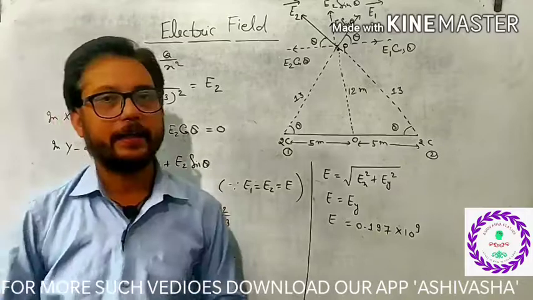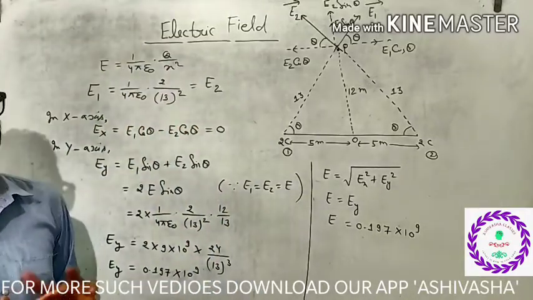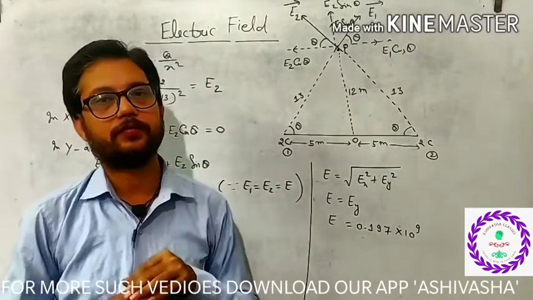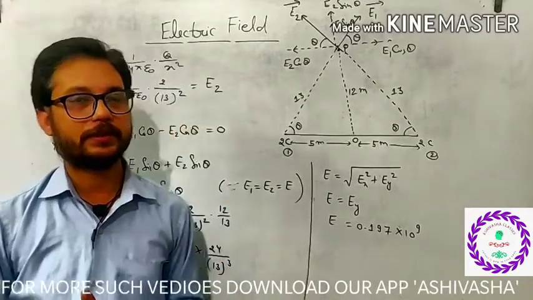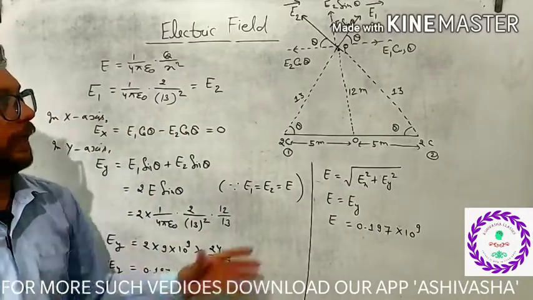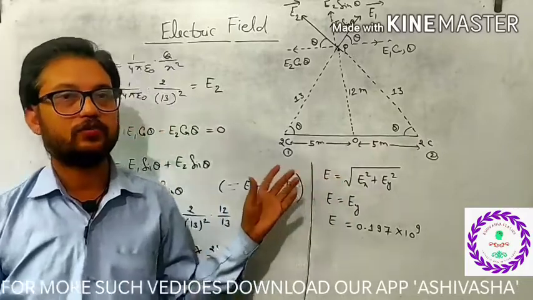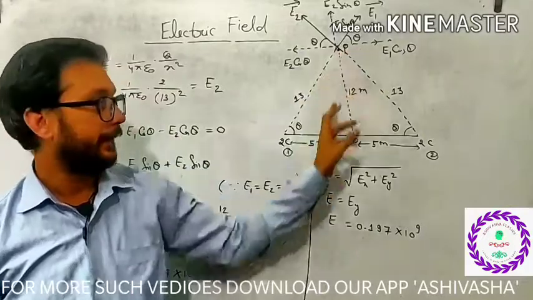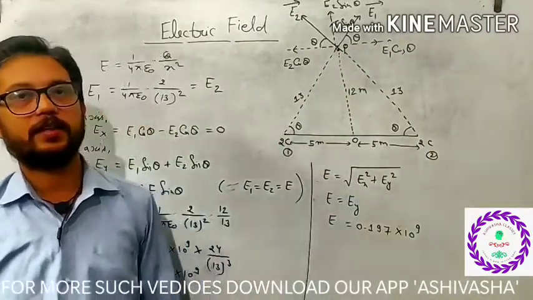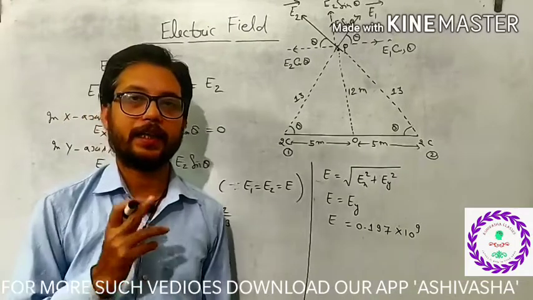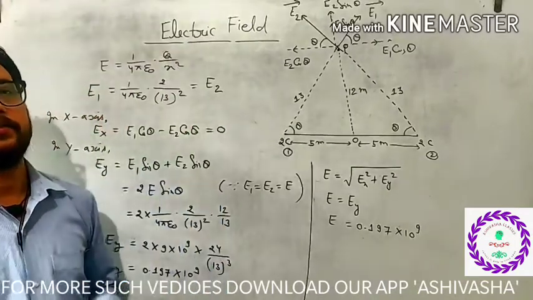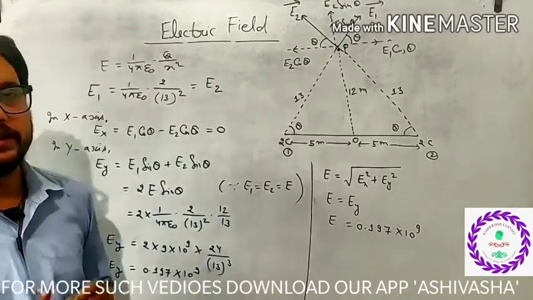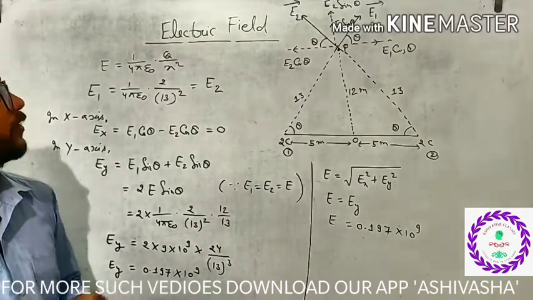So this is the basic technique to solve any numericals based on a diagram in which we have to find the electric field at any point. The basic concept, once again I am repeating: whenever any diagram is given to you, first of all find the electric field at the point due to the individual charge. After that, second step, find the direction, and third step, apply the formula for the resultant of vectors. Now we will see some other numericals based on electric